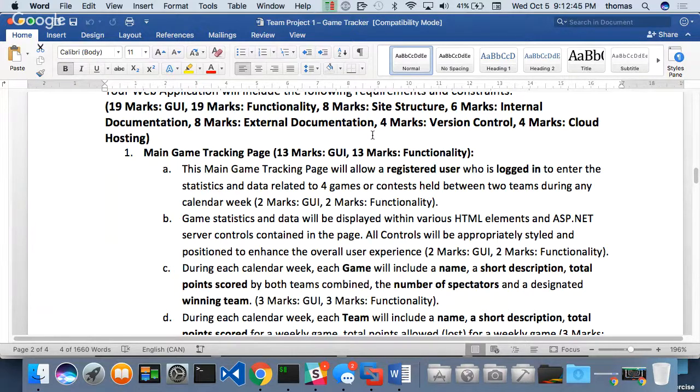Same thing with additional details pages. You can take them out, guys and girls. I'm telling you right now, I'm not going to hold it against you if you take it out and you just have one main game page. I just want you to wireframe that today. That's it, right? Anything extra you put in, I'm going to hold you to it.